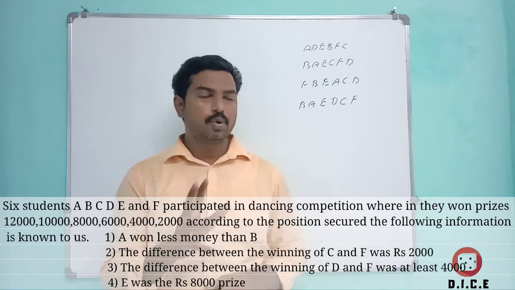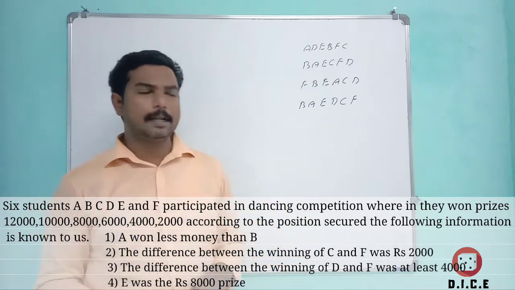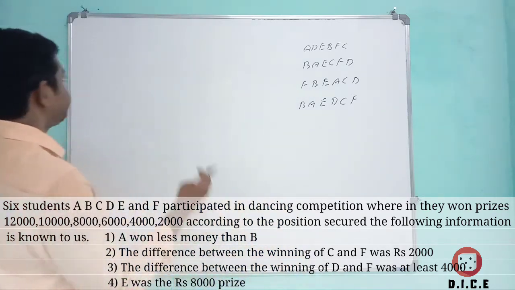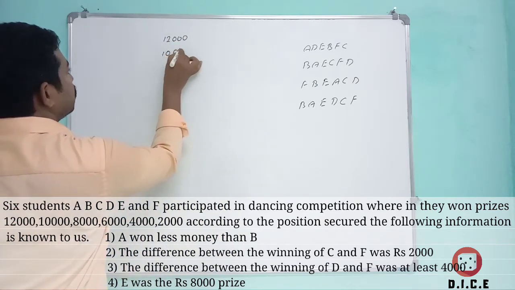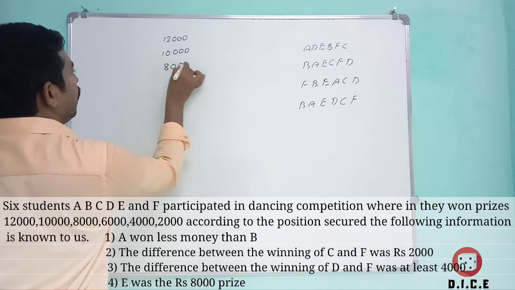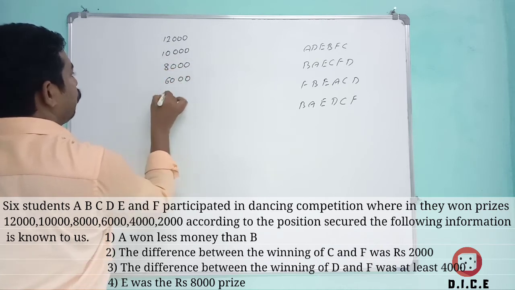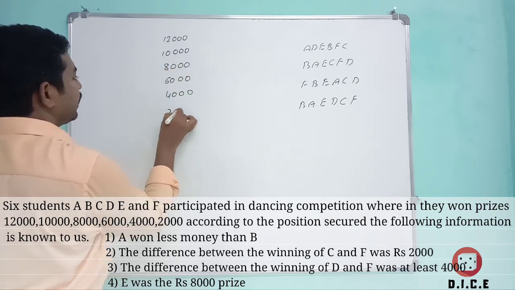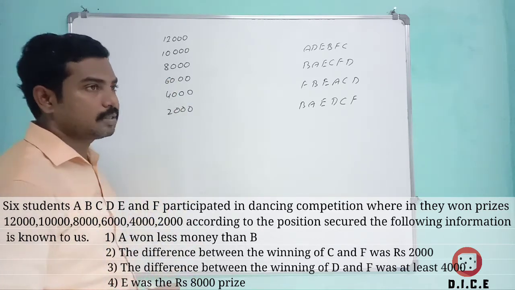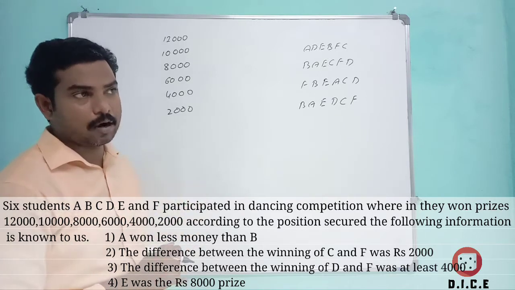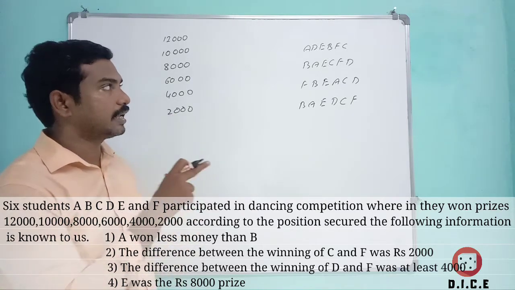That is clear. So you can clearly see the data. If you see here, the prize monies are 12,000, 10,000, 8,000, 6,000, 4,000, 2,000 in the case of the event format. So according to the data, now if you see question number 7, according to their heights, from starting to ending, what is the case here?